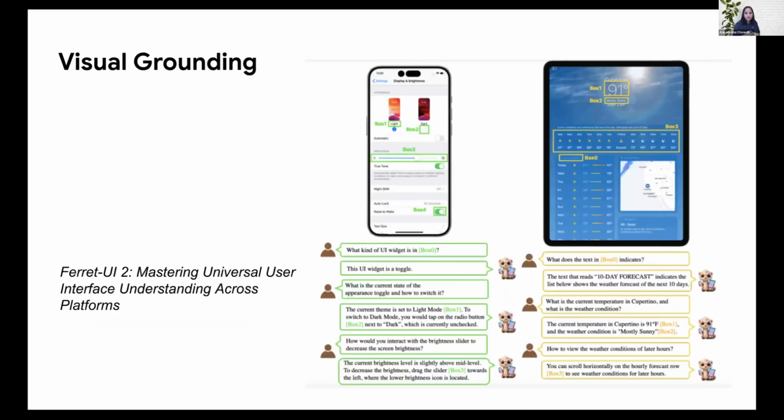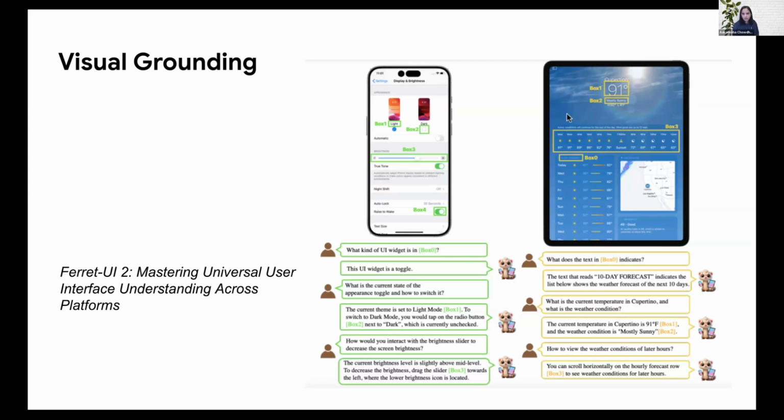And our colleagues present in the Ferret UI2 paper that this is a problem that's solvable by providing detailed description of data sets. In fact, they show that you can get almost universal user interface understanding across, say, iPhone and iPad, and even other screens by just constructing really detailed captions of these data sets.